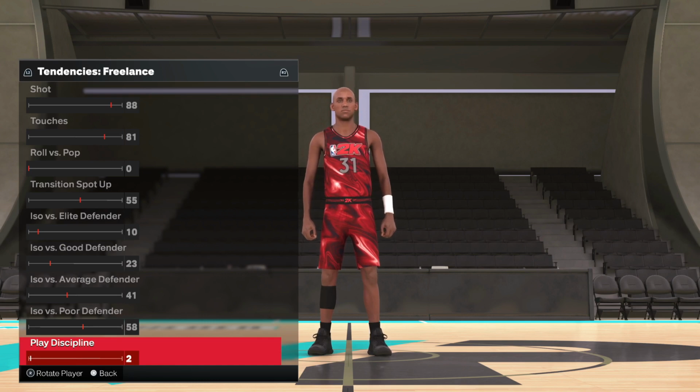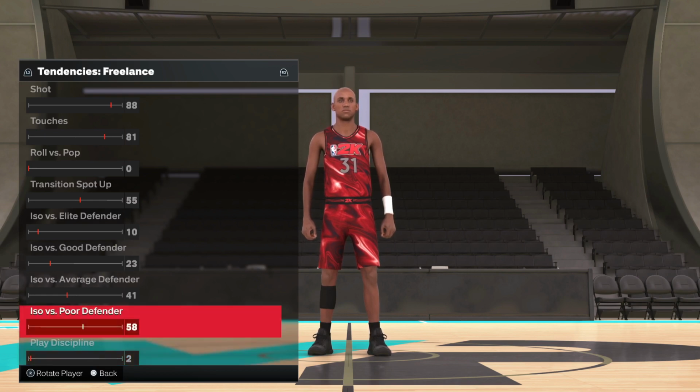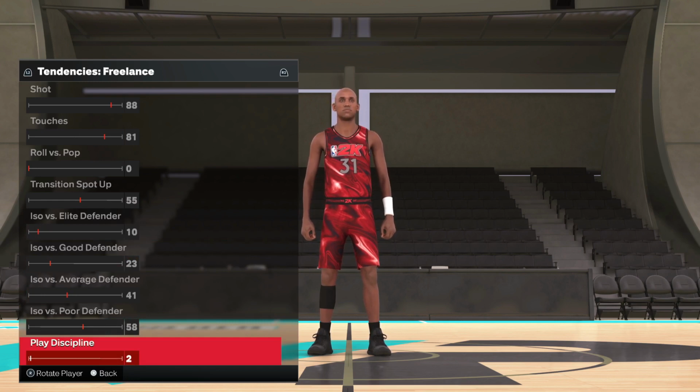It's similar. It's sort of an individual decision making for the guy, and it means how likely is the person, if the play is running and Reggie Miller gets the ball, how likely is he to continue running the play versus just taking a shot. Now this is different than him saying he thinks he can just take his particular defender. This is just in general, he just wants to get a shot up versus just running the play. So for Reggie, I have him at 2 play discipline because he's going to be much more likely to just